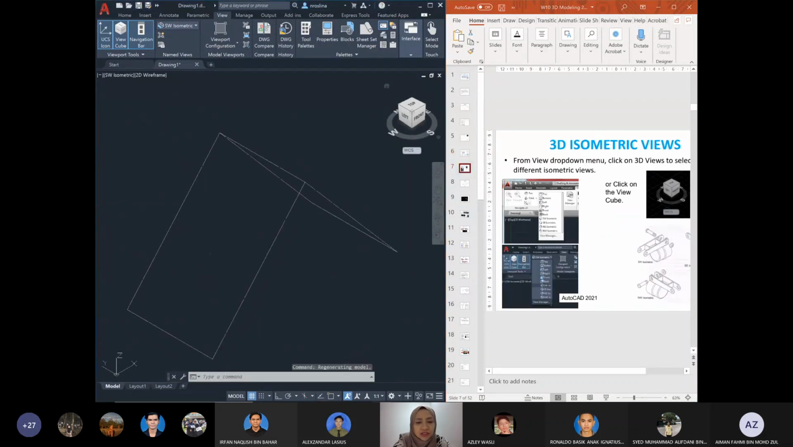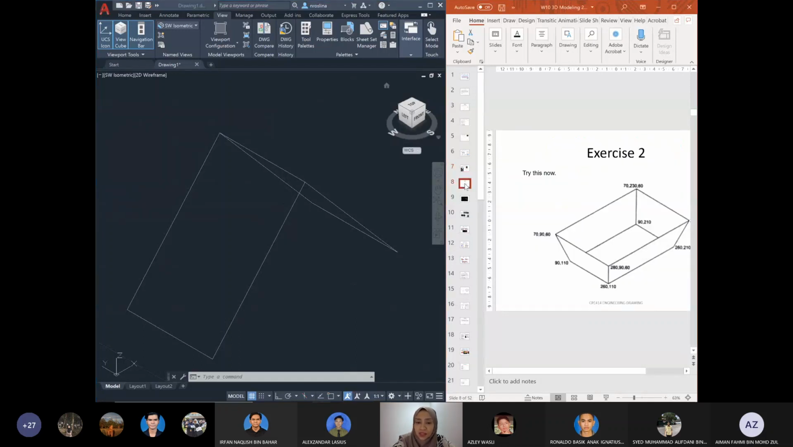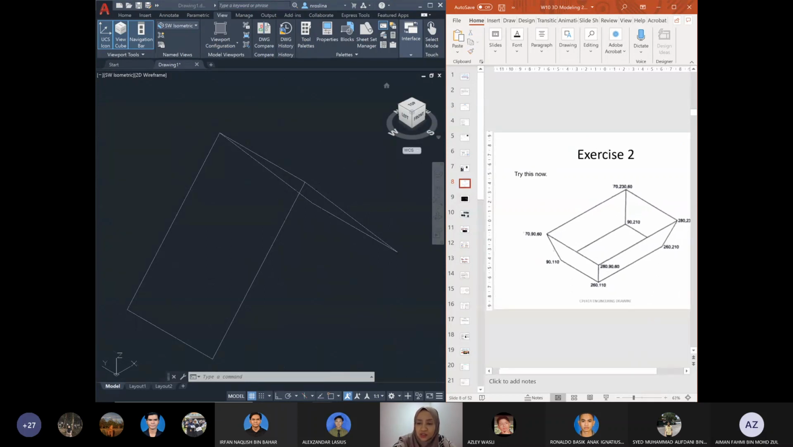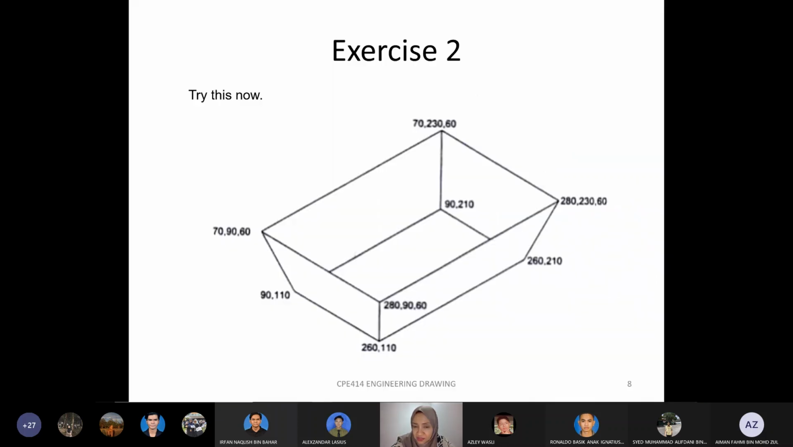Okay, so I've described to you the different types of isometric views just now. So we have the southwest view, the northwest view, the northeast view, and the southeast view. You can just simply change it by clicking on the cube or from view, here under here. All right, and what's next? Now let us try and do this exercise. So another exercise using 3dface. So this time, instead of just two planes,